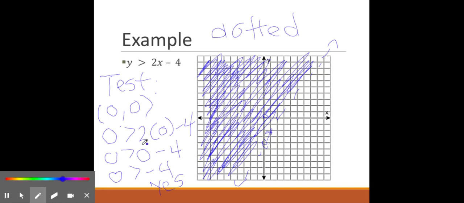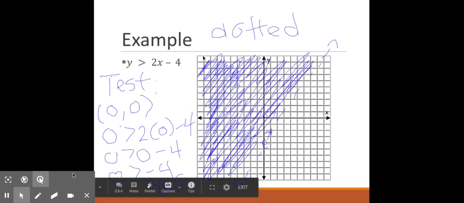Now, any point you choose in this area would give you a true solution. So if I picked the point, say negative 1, 1, I would get 1 is greater than negative 6, which is true. So it's part of the solution. All right, we're going to try one more example, and then I'm going to call this video good for now. All right, so our last example,